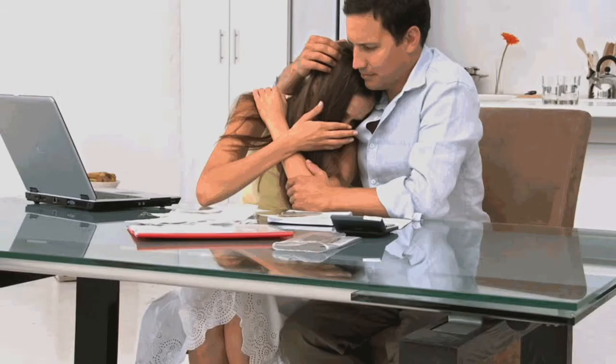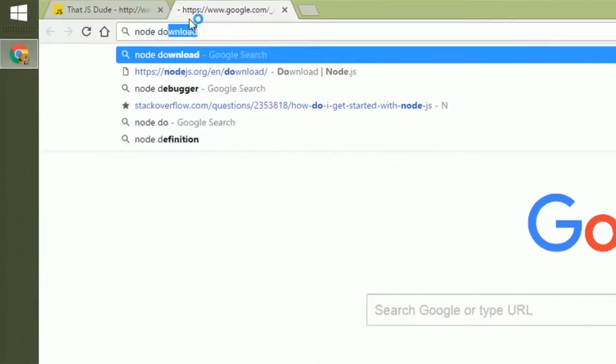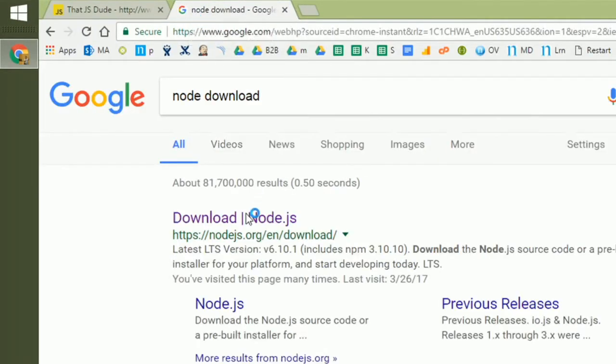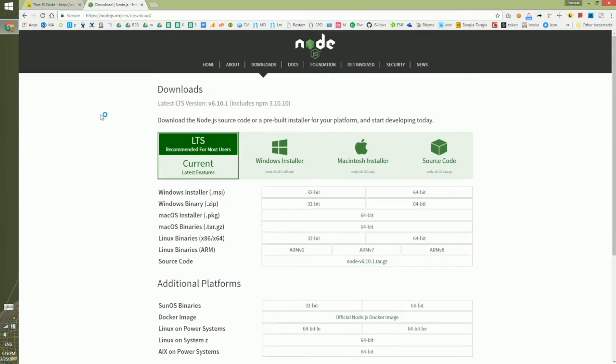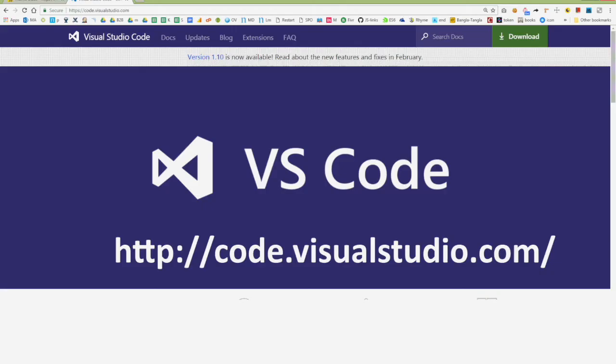In any case, if you don't have Node installed, just go to Google and search for Node download. And if you click on the first link, you will go to the Node website, and from there you would be able to download and install Node in your machine. One optional thing, if you want to use the same code editor that I would be using, feel free to download Visual Studio Code from